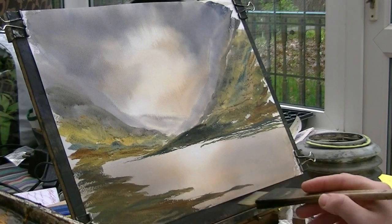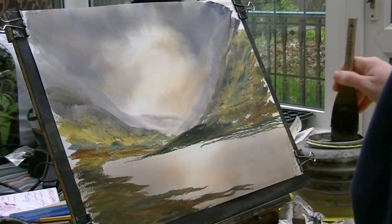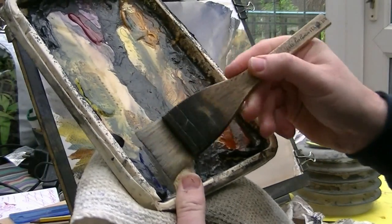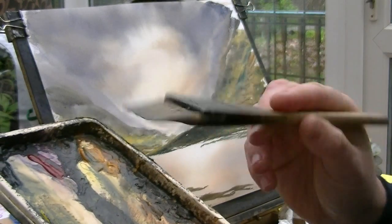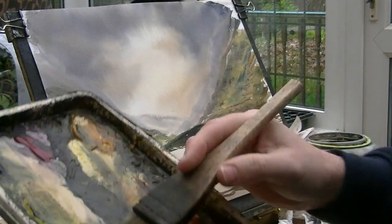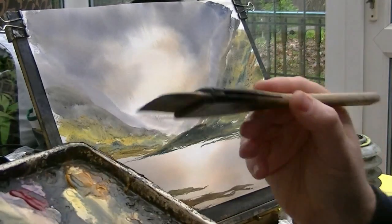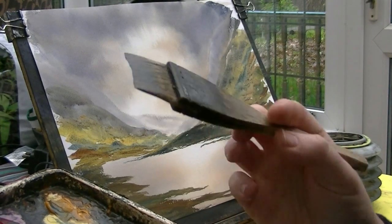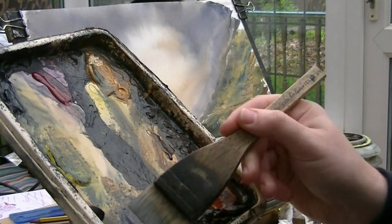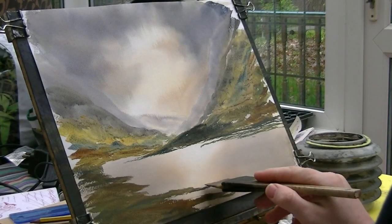Bring that down. Something like that. Dipping the tips in. You've got a real chisel edge now to this hake brush. There's no way this is going to separate. I've got just enough water. That's the thing with the hake, it's that challenge, getting just enough water so that it stays in shape. The hairs don't separate, but it's not too watery, so